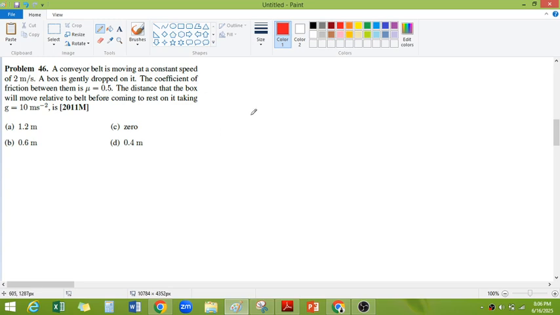The conveyor belt is moving at a constant speed of 2 meters per second. The box is gently dropped on it, so that means without much of a disturbance, we are placing the box. The coefficient of friction between them is equal to 0.5. Find the distance that the box will move relative to the belt before coming to rest on it. Taking g is equal to